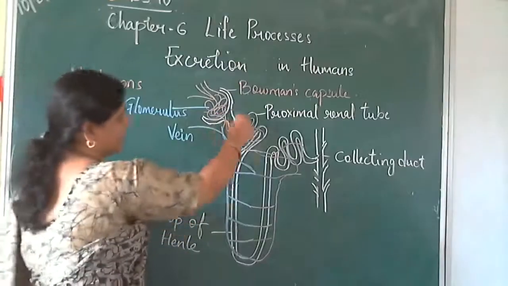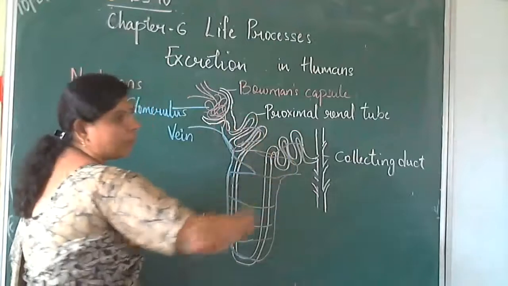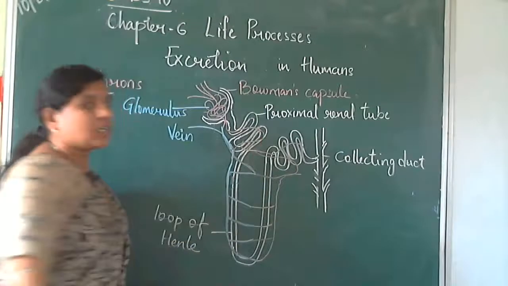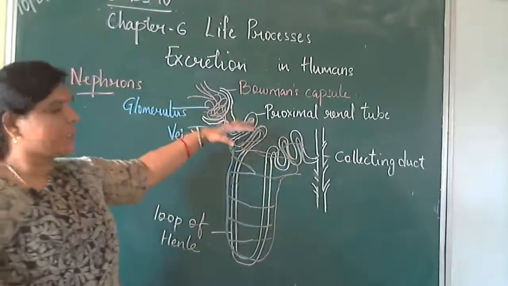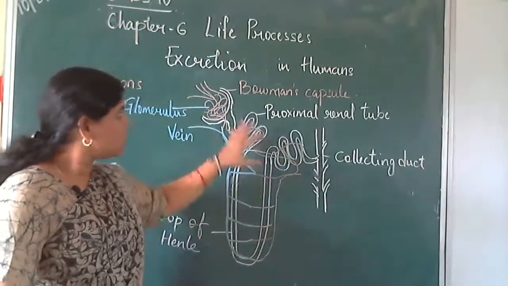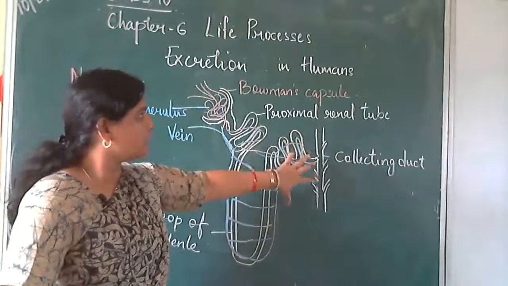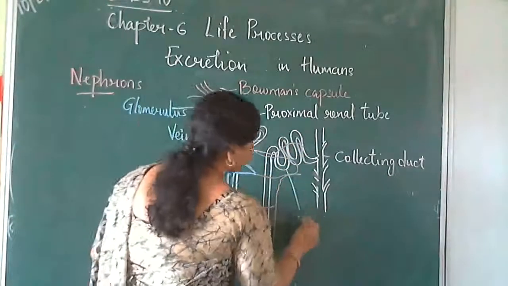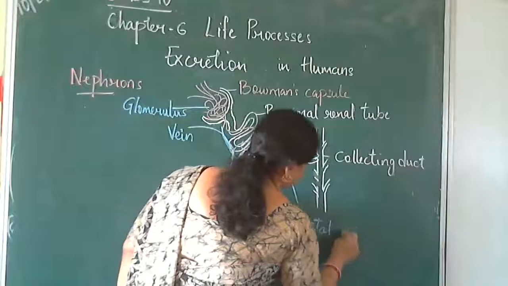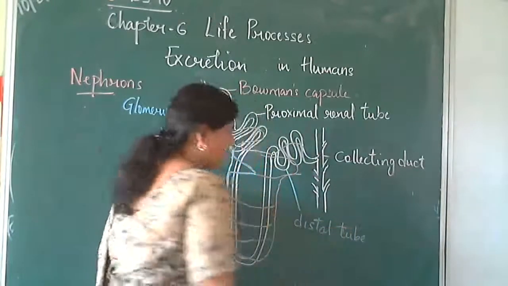And these capillaries, as they move on, you can see it is forming a network. So as the blood is flowing through these capillaries, this filtration goes on filtering, children. Okay, the filtration process continues over here. So in the proximal renal tube, as well as in the loop of Henle, as well as at this, we are calling it as distal tube. Okay, understood?